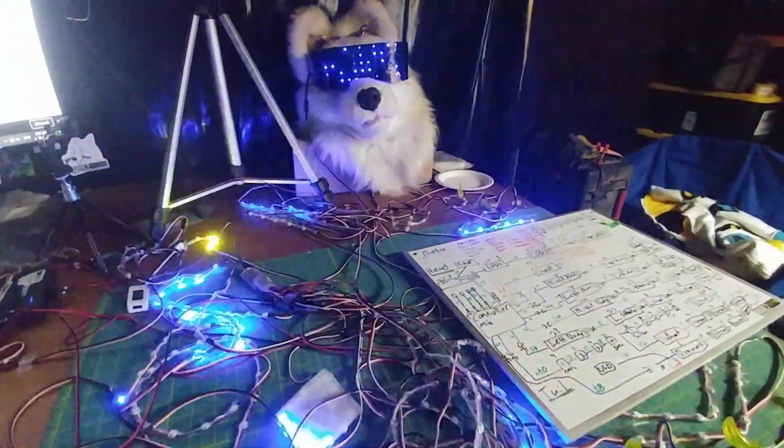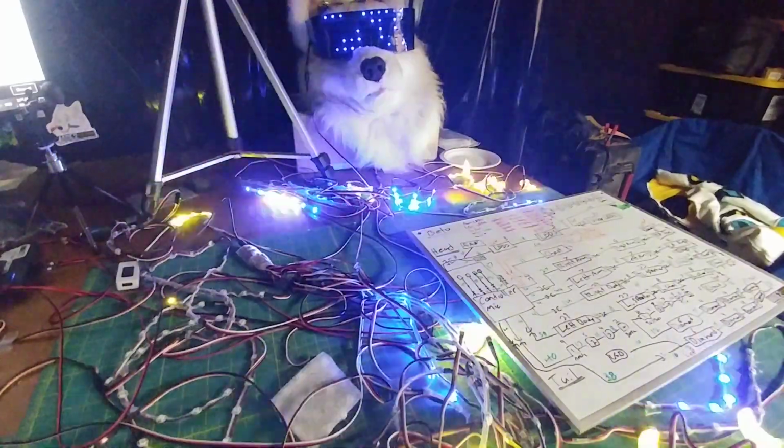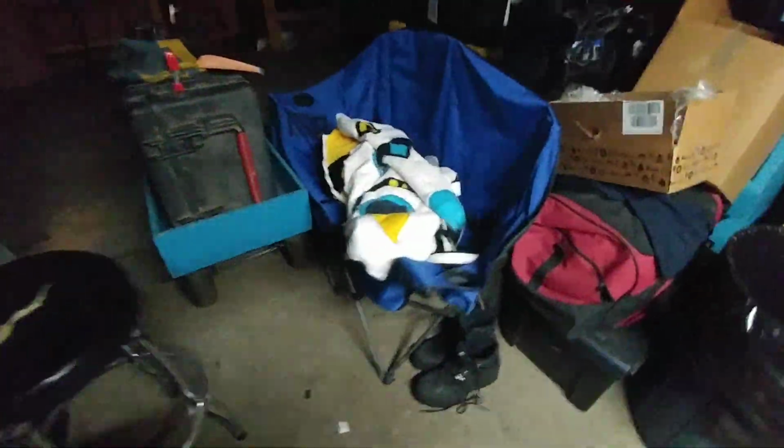Alright, a lot of people seem to ask how I put LEDs into fursuits. I'll let you know what's happening right now. I work in collaboration with a suit maker who has built the suit. They sent it to me, so I have the bodysuit. I don't have the head though, but I do have dimensions for the head. So all I really need is the bodysuit, so I can line up sections like this that have to have